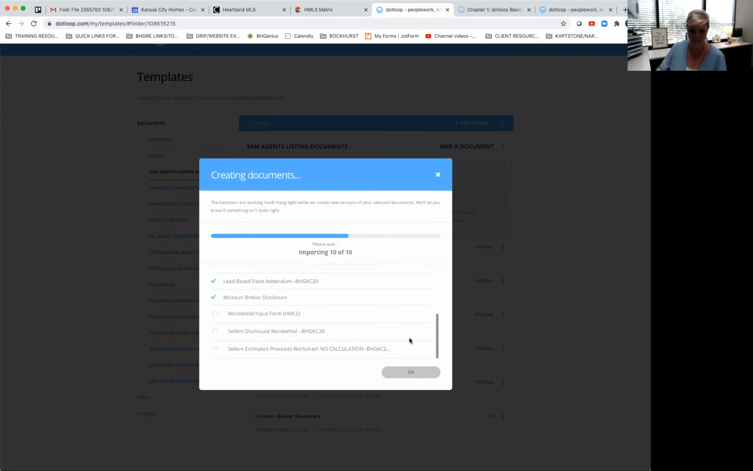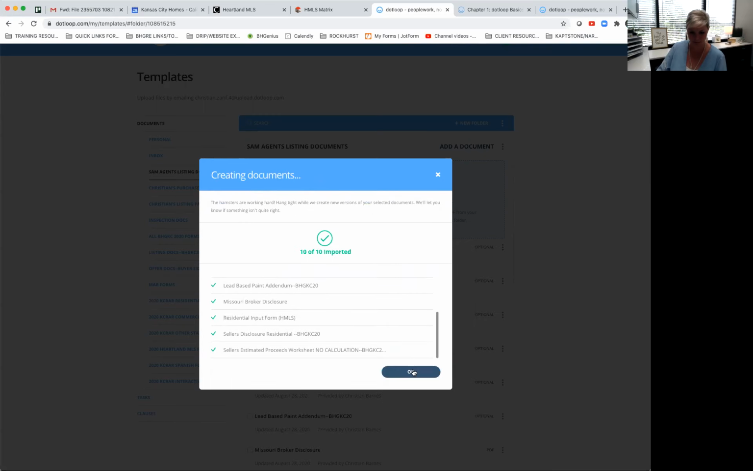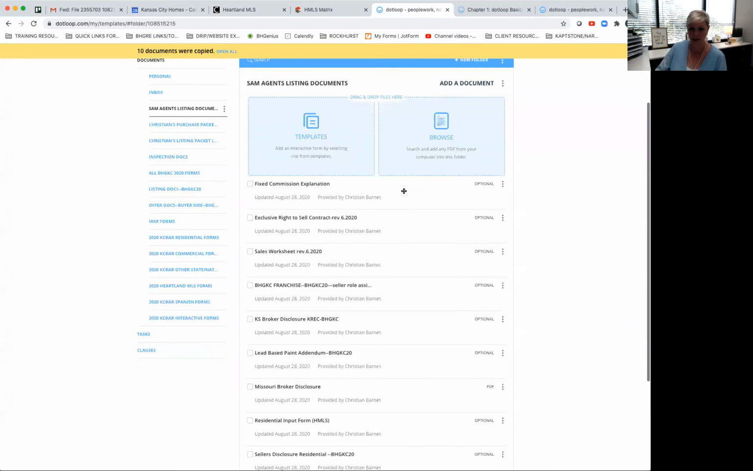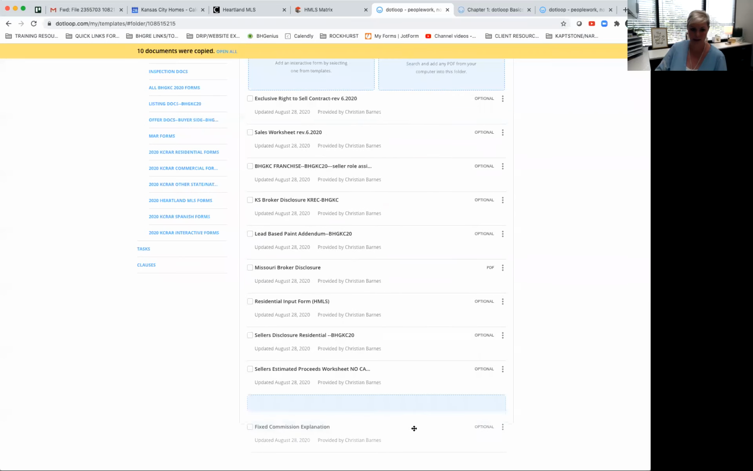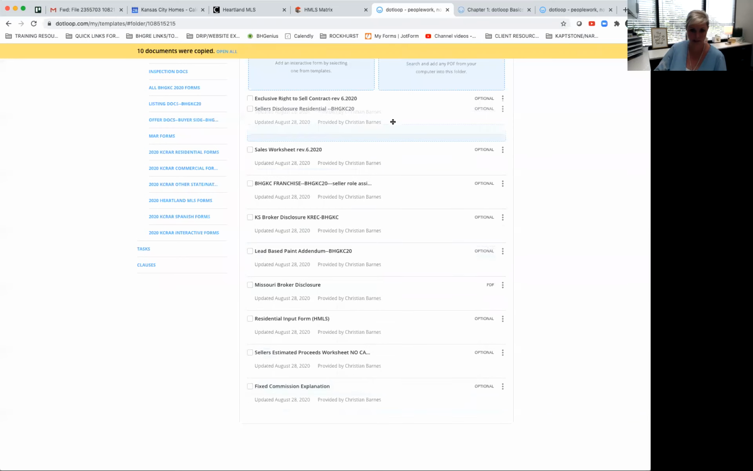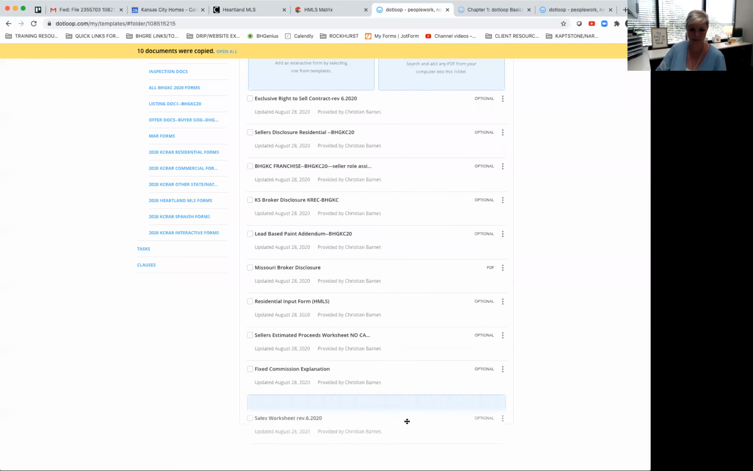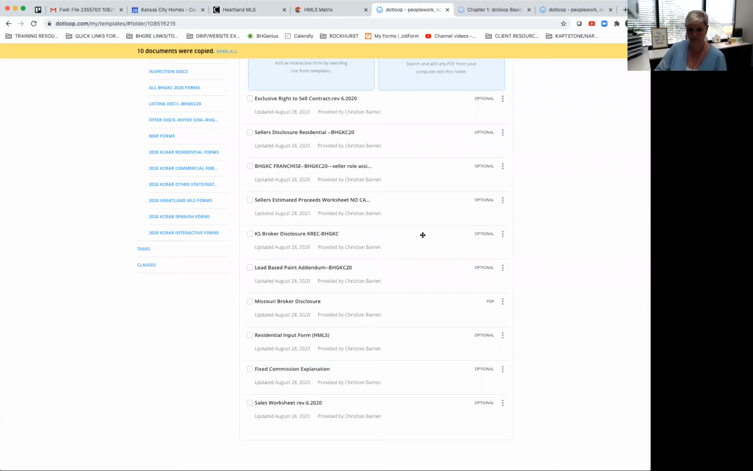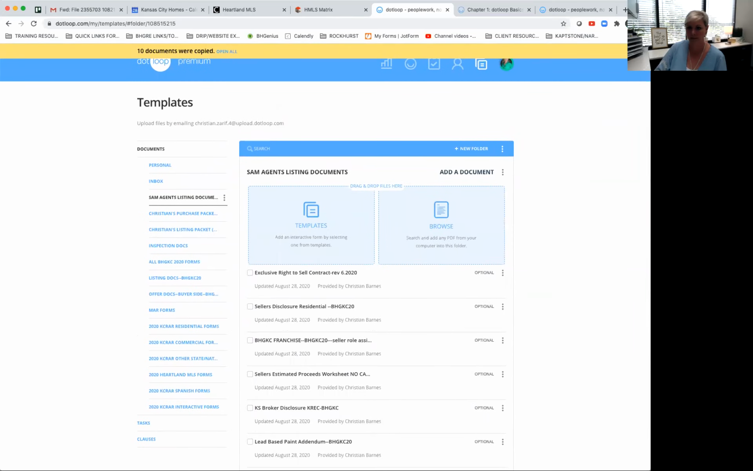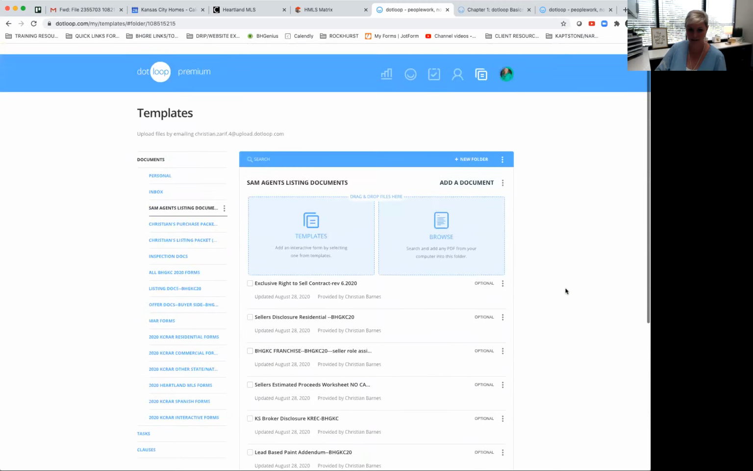So I'm going to hit copy. And then it shows me what I've just put in there. I can do just like what I did in my loops. If I want these in a different order, I want that right at the top, put that towards the bottom. I want seller's disclosure up there. I could reorder these in the way that I like them. So once I have this created,